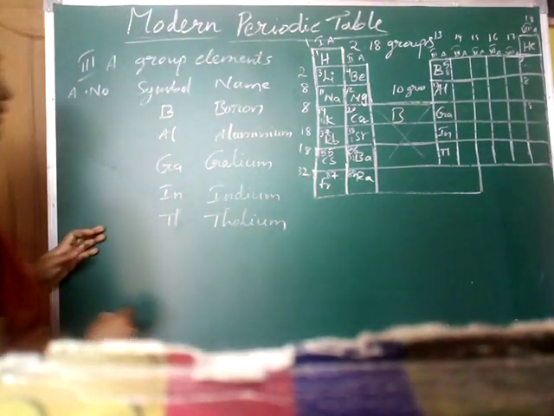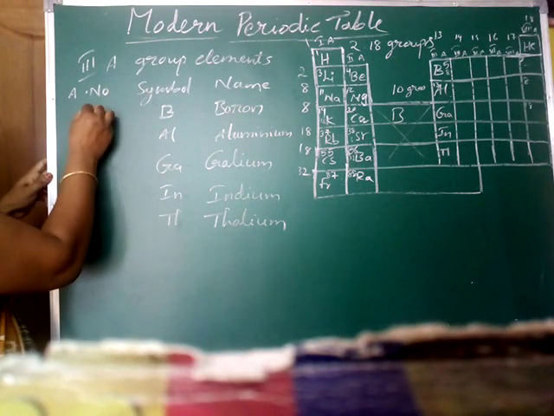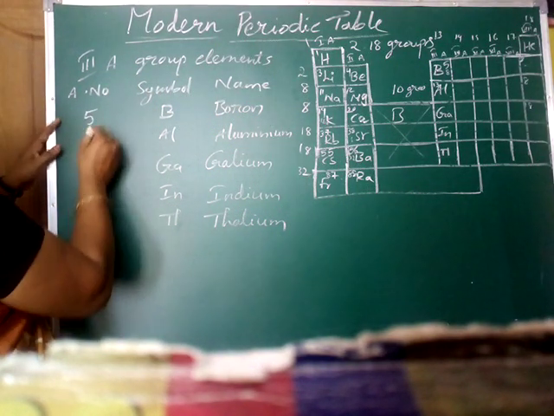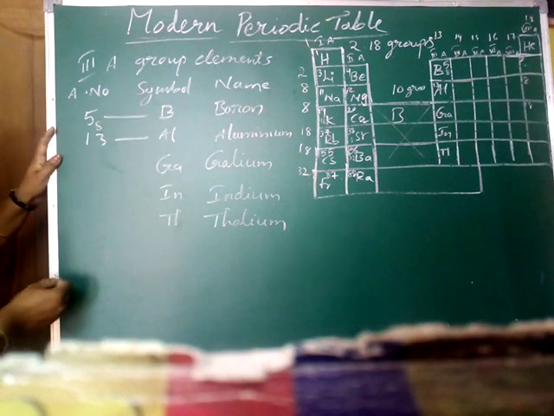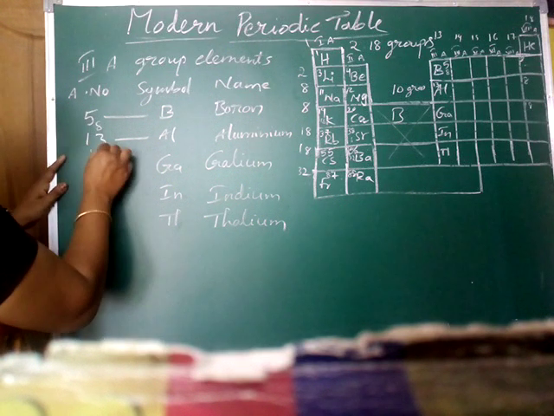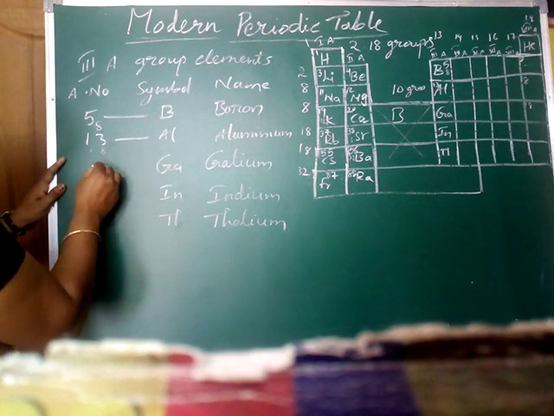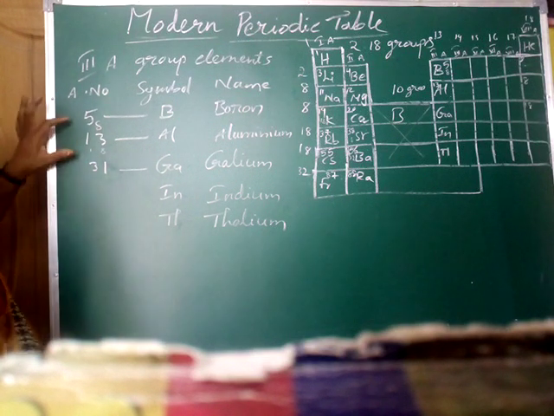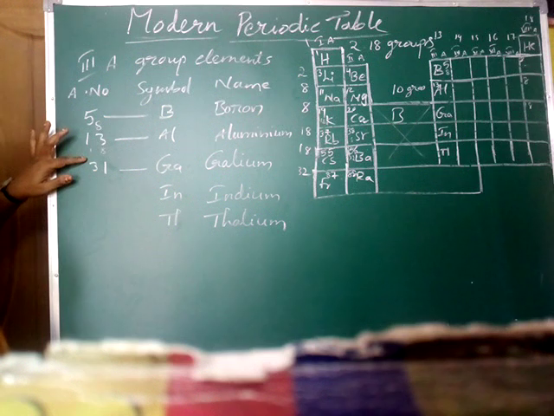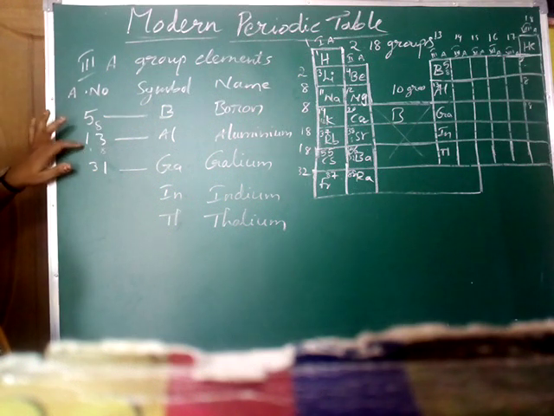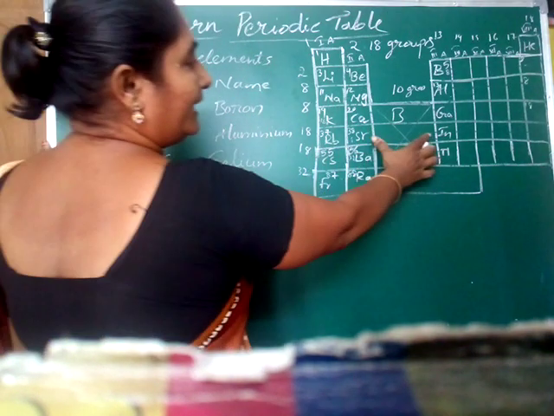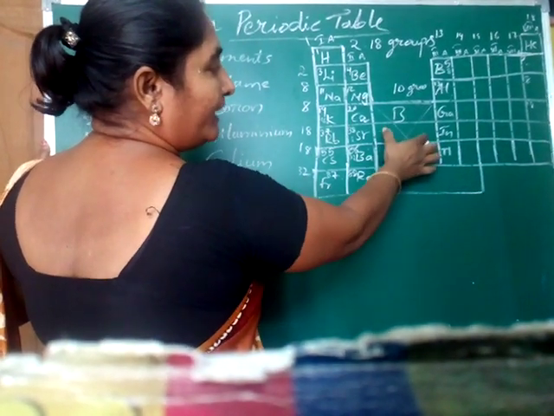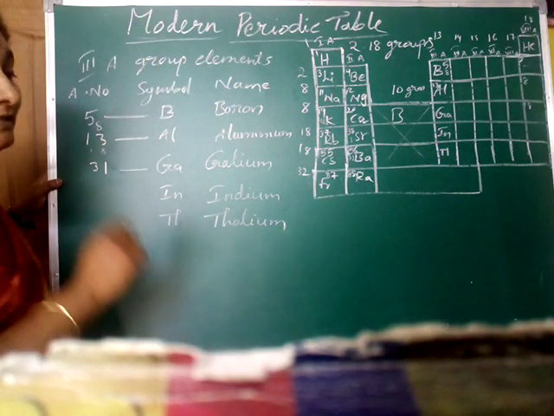Okay, now you come to atomic numbers. Here boron atomic number is 5. If you add 8 to this one, you will get 13, the atomic number of aluminium. After that you have to add 18. Then how much will you get? 31. Somebody here is confused and adding 8 again. That is wrong. You have to add 18, because already 10 elements are there in the 10 B group elements.